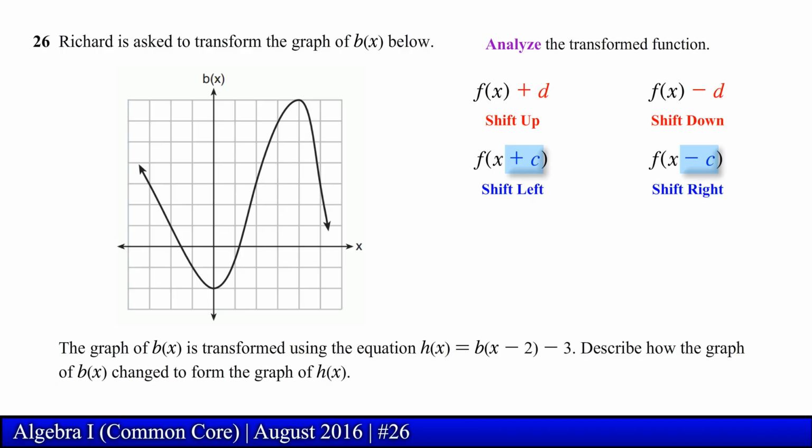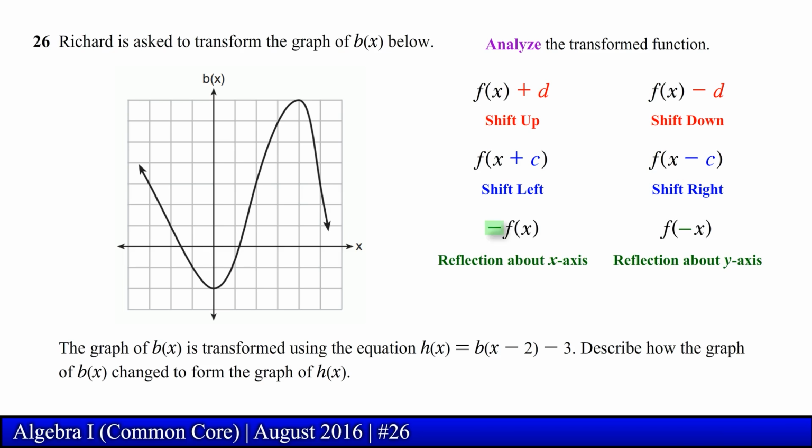argument of the function. We can also flip the function across the x-axis by multiplying the function by -1. Or we can flip the function across the y-axis by multiplying the variable inside the argument of the function by -1. Taking a look at the transformed function h of x, we see that it has been transformed by subtracting